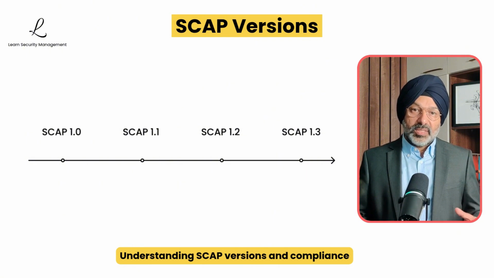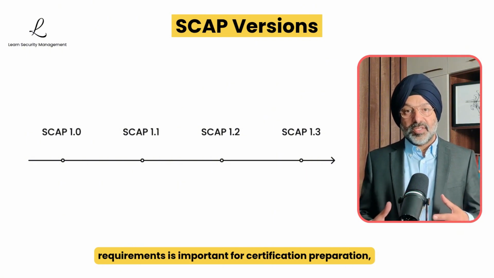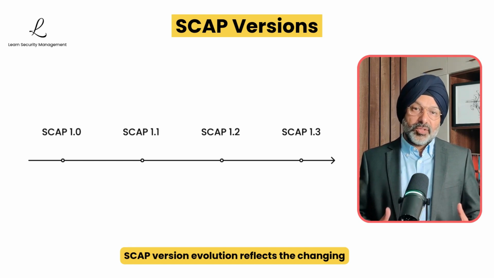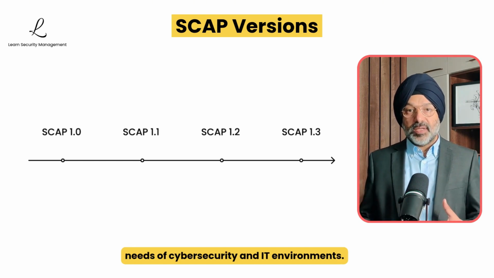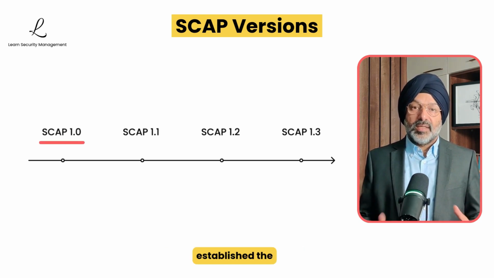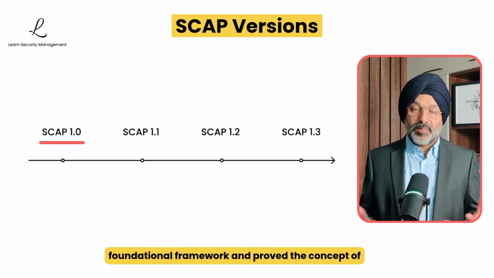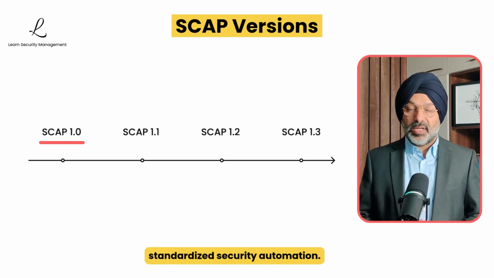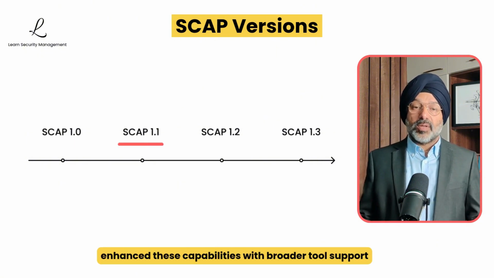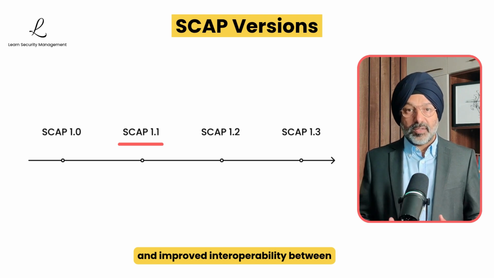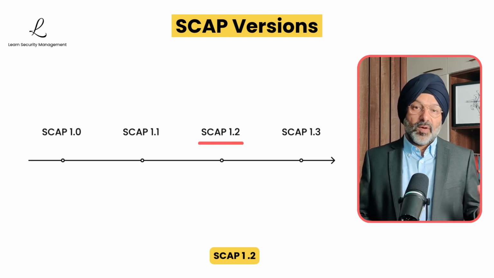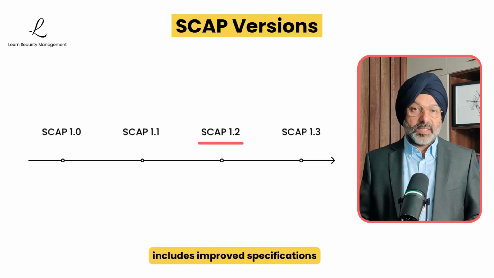Understanding SCAP versions and compliance requirements is important for certification preparation and professional implementation. SCAP version evolution reflects the changing needs of cybersecurity and IT environments. SCAP 1.0, released in 2009, established the foundational framework and proved the concept of standardized security automation. SCAP 1.1 enhanced these capabilities with broader tool support and improved interoperability between different vendor products. SCAP 1.2 includes improved specifications,